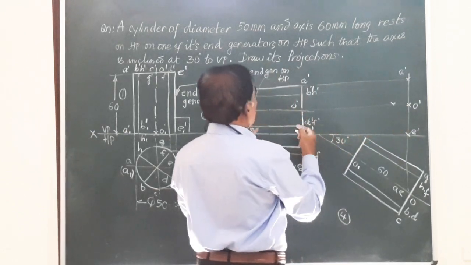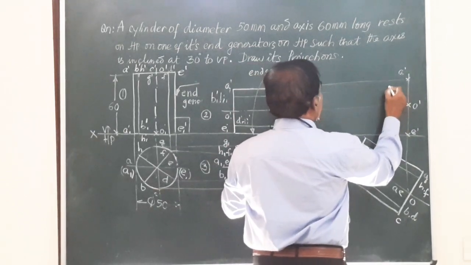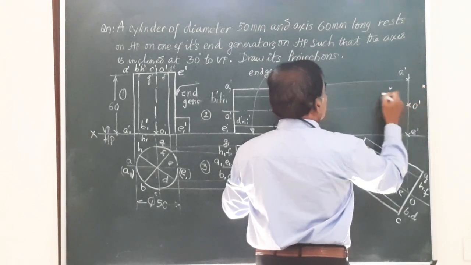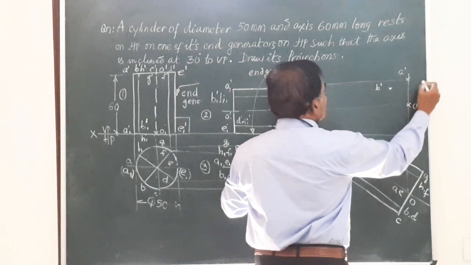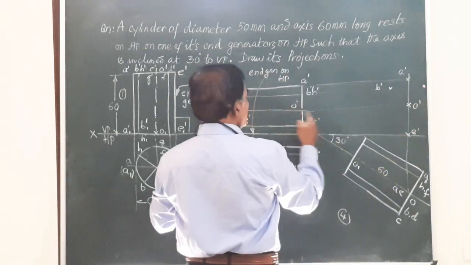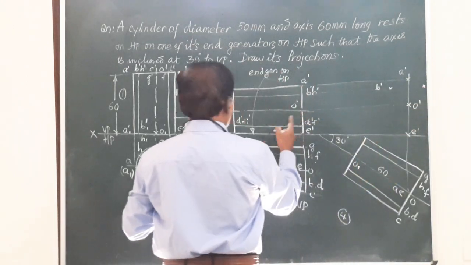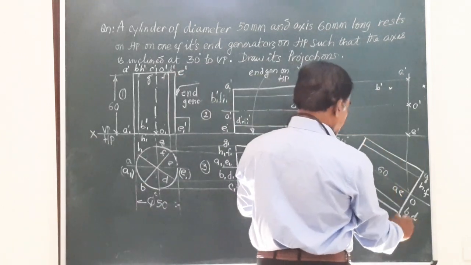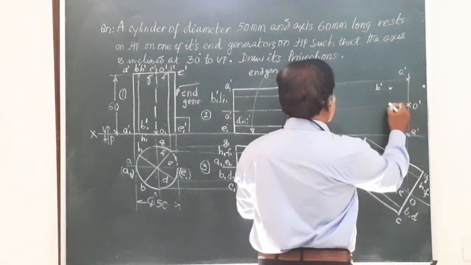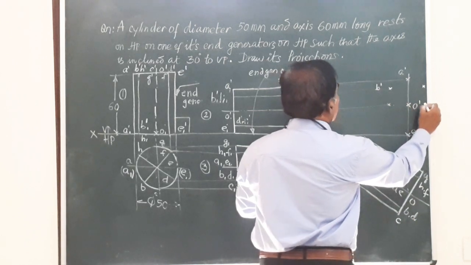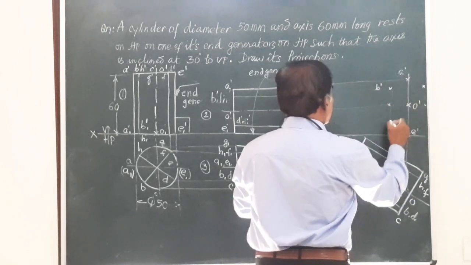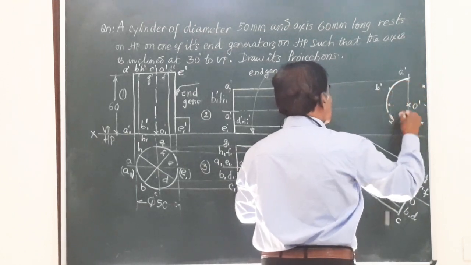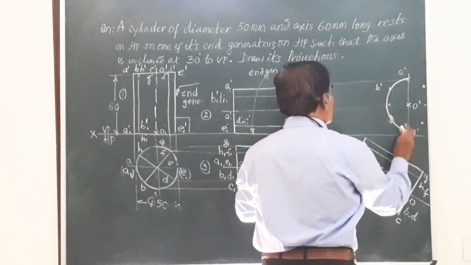H is the other end, this is B, same equal distance on the other end, you will get H, this is B dash, that is H dash. Then this is the axis, and also you got A and E here, that is D and F. So D is here, F here. Likewise, you get here the other 2 points, mark them, join all these points by a smooth continuous curve.